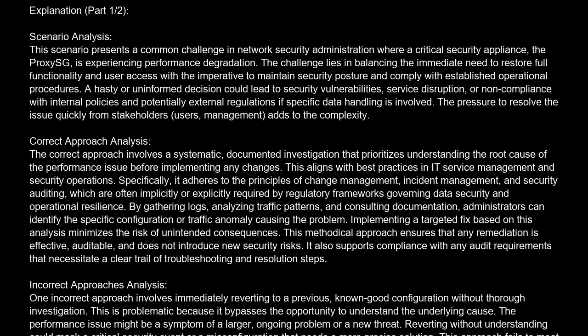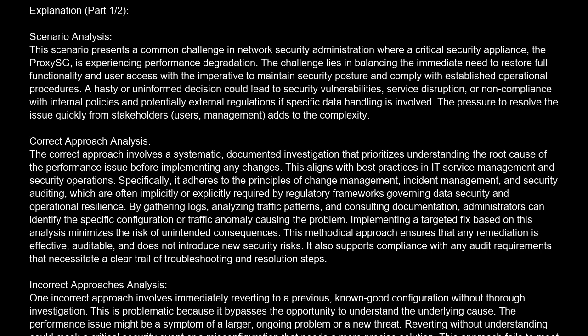The correct answer is B. Immediately disable the content filtering policies that are most resource-intensive to assess their impact on performance. Explanation. Scenario analysis. This scenario presents a common challenge in network security administration where a critical security appliance, the ProxySG, is experiencing performance degradation. The challenge lies in balancing the immediate need to restore full functionality and user access with